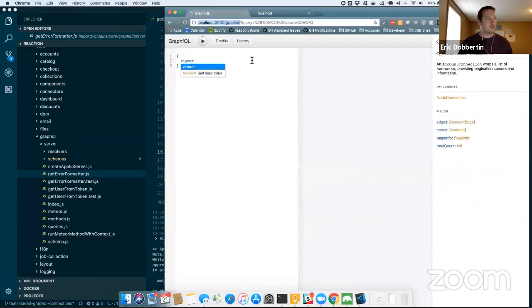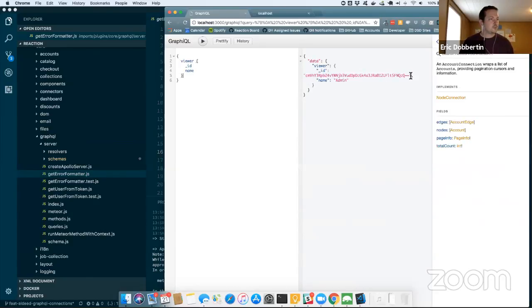So if you were to open the normal Reaction on another tab and log in as different users, this query here will use that same token as your authentication. So viewer here, I should do like ID and name. So yeah, I have a user. This means I am authenticated. The viewer just returns the account for you, the logged in person.